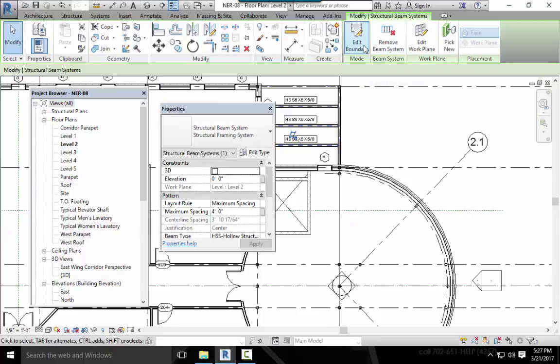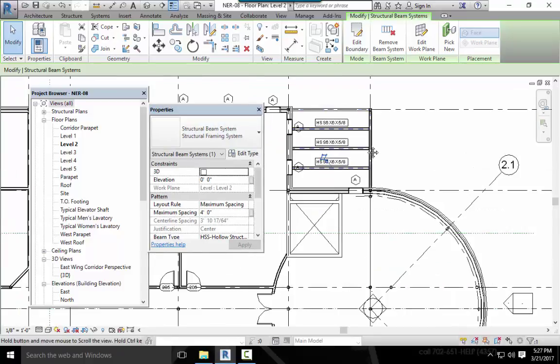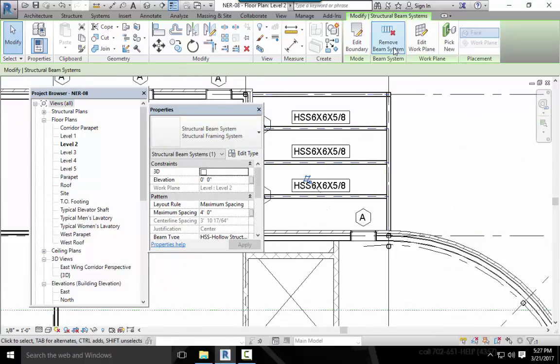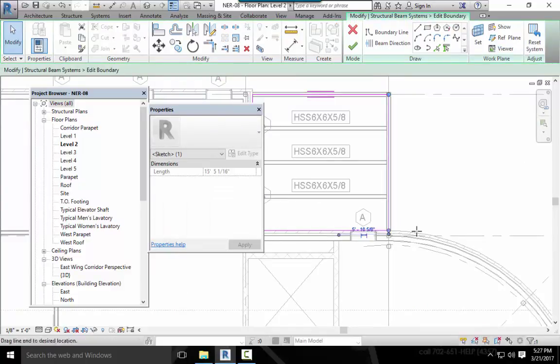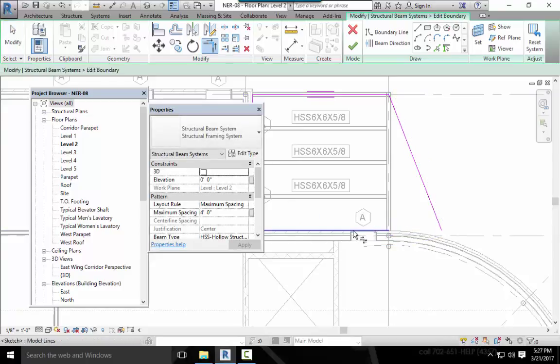And I can remove that, or I can edit the boundary of that system. For example, I'm just going to go in. I'm deviating from the book here a little bit, but I want to show you a few things you can do with this. I'm going to edit the boundary. And I'm going to take this, and I'm just going to space it out like that. And I'm going to bring these two things together. And if I finish this,